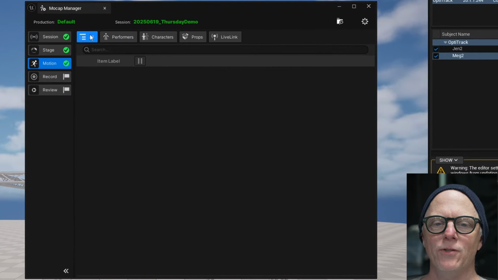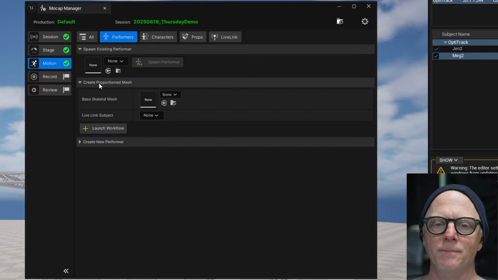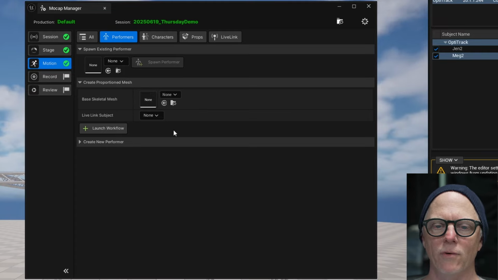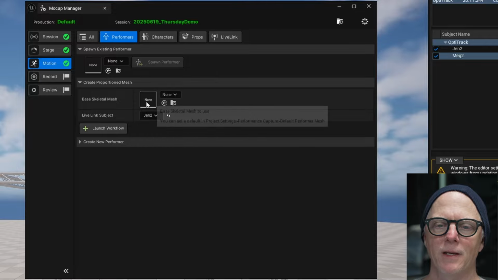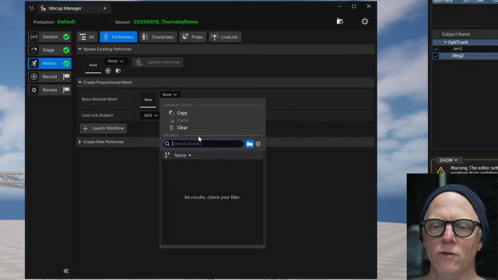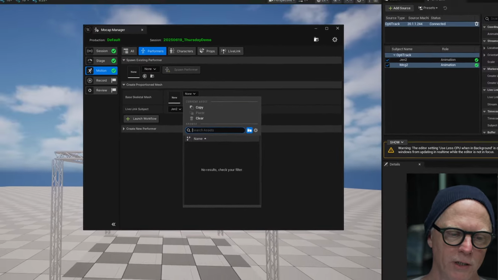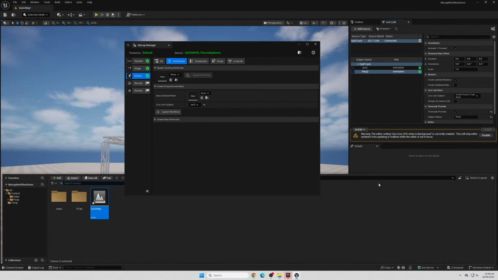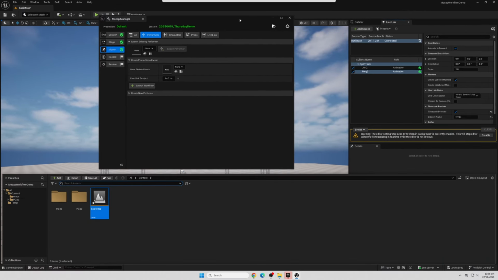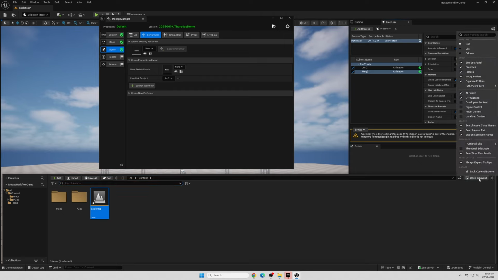And then you step through adding your performers. So start with this performer button. And down here, it's a little bit counterintuitive. Up here is where you spawn, but you can't spawn anything until you build performers. Building performers is quite easy. You pick a stream. You pick a base skeletal mesh, and our project is using the OptiTrack plugin, which ships with some